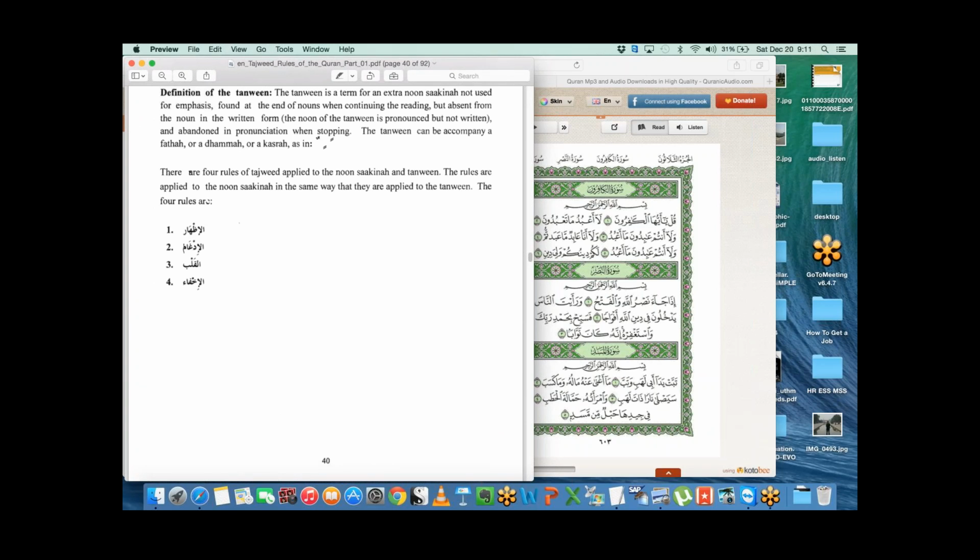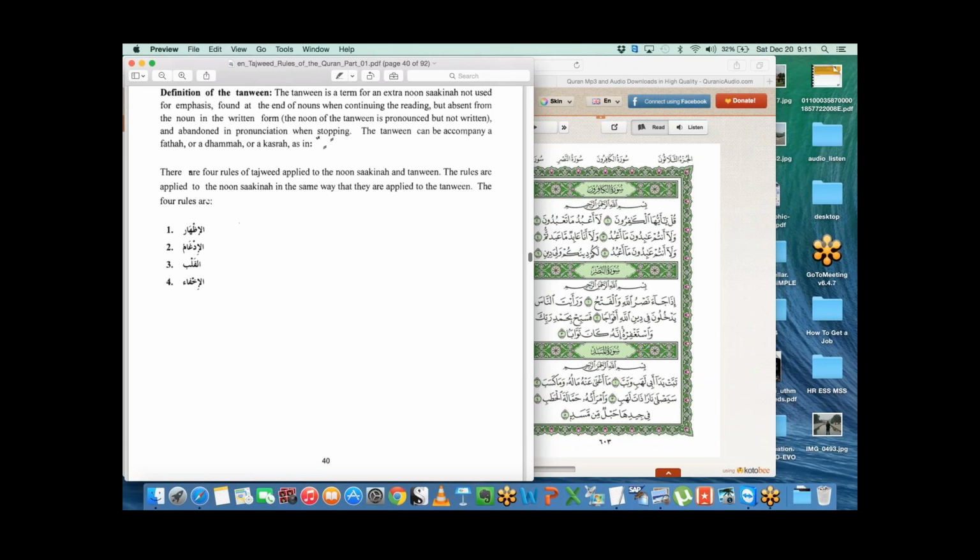So you have all the throat letters coming after Tanween or Nun Sakina. Then you will have to do Izhar. You have to pronounce it. You don't have Ghunna. And Al-Idgham, you have to join them together. You have Yarmalun, Ya, Ra, Mim, Lam, Wa, Nun. So in those cases where you have any of those letters coming after the Nun Sakin and Tanween, you have to merge them.